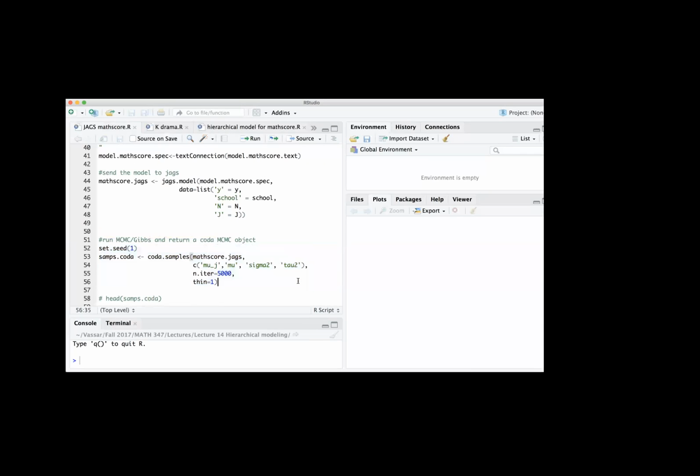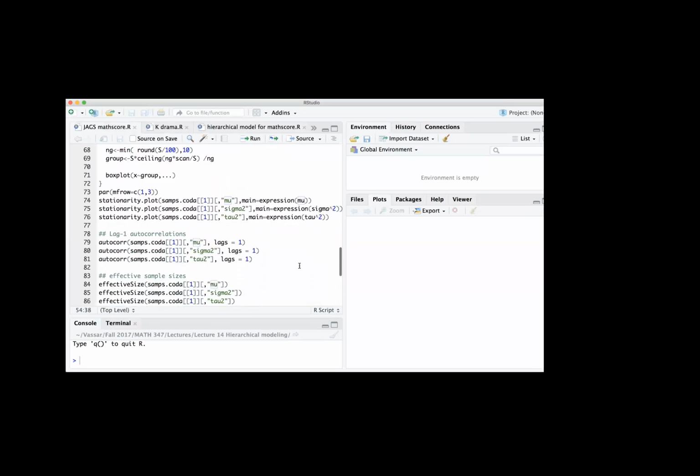But when I get the output, for some reason this mu appears first. If you look at the index that I'm using in order to summarize my posterior, this mu comes first, and then the mu j, and then sigma squared and tau squared. So for some reason, that's how they store it. So I should take back what I said earlier. I guess the order doesn't matter, but you need to click, say for example, down here, I want to show you,